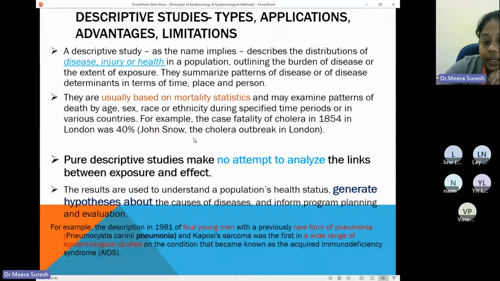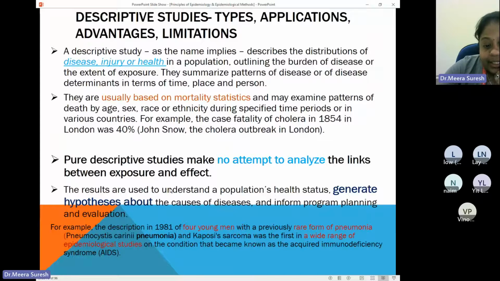So in descriptive studies, we are not going to do any biostatistical calculations to see whether the cause and effect are related. That is seen only in analytical studies. We go to the different types of analytical studies also, for example the cohort and the case control. There the researcher is going to study whether smoking and lung cancer are associated, and if so, how much. So that causal relationship we will study only in analytical studies. Here, we don't make any attempt to analyze. We just make a statement.